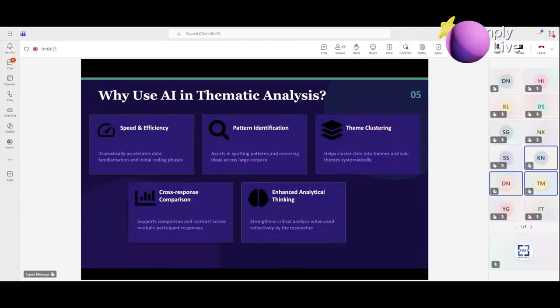I know of a number of studies conducted in China and the USA where the examiners were given two PhD theses. The one had its thematic analysis conducted using an LLM, and the other was done by a PhD student. And in terms of depth and critical analysis,